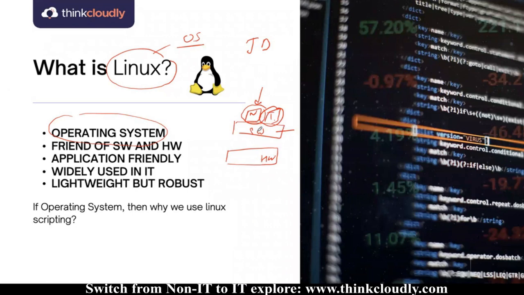If you open Netflix in your laptop, it occupies RAM, memory, storage, a lot of hardware components. How does this communication happen between software and hardware? That happens with the help of the operating system. So the operating system is actually a middleware. It is considered middleware between software and hardware. This helps software communicate with hardware.